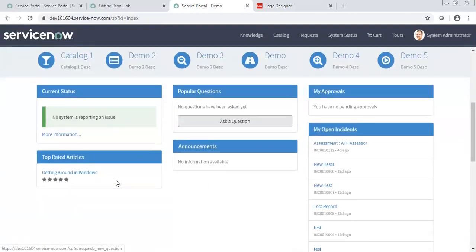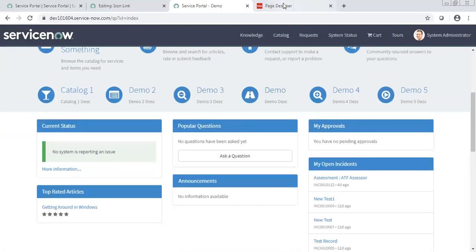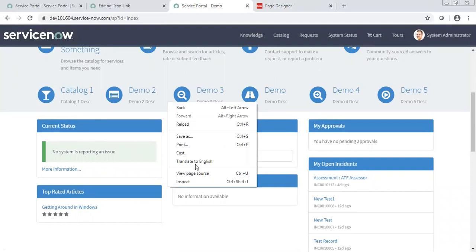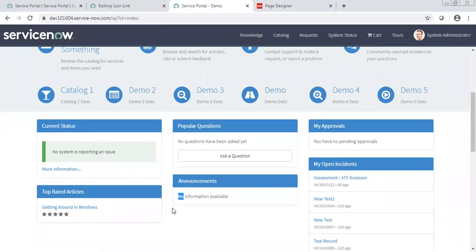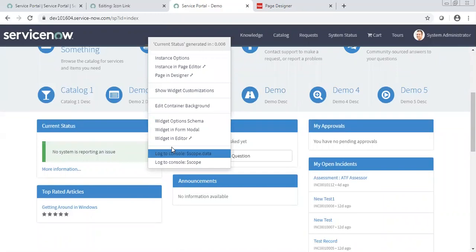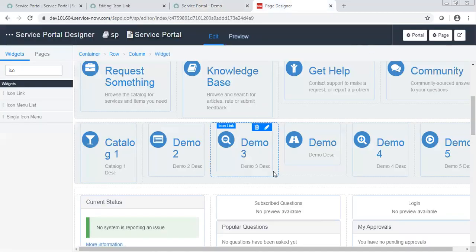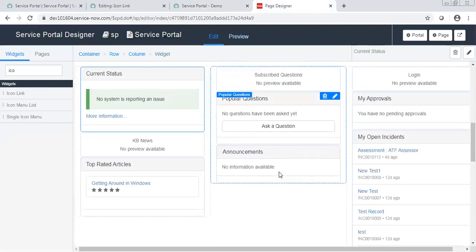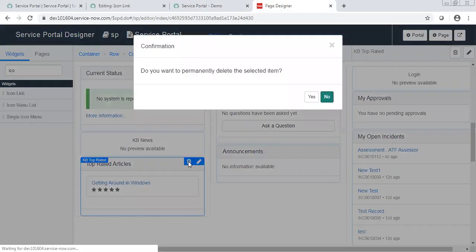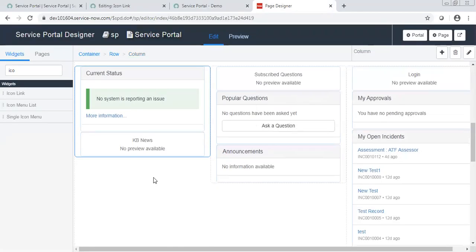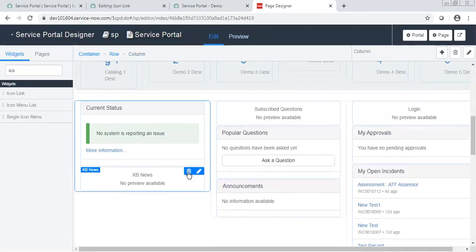Right. Now some customers might say, I just don't want these things because they are not required for me. You can again control and right click, and then you can go to the Widget, page designer, and then you can simply remove these from the page. And if we need to use this widget on another page, we can copy it there, right? Yes. See what happens in the portal.